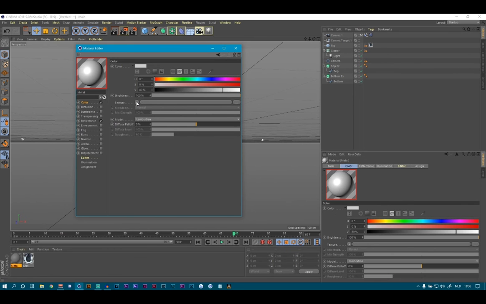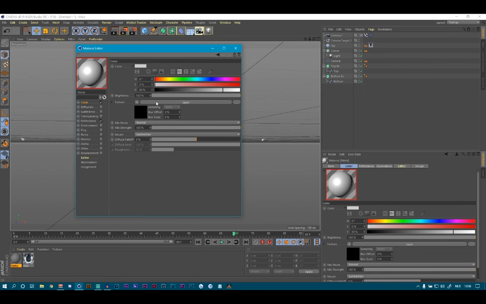Under texture on our color, and to layer. On the layer,